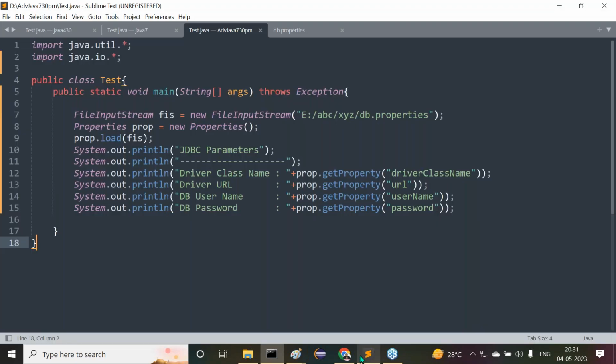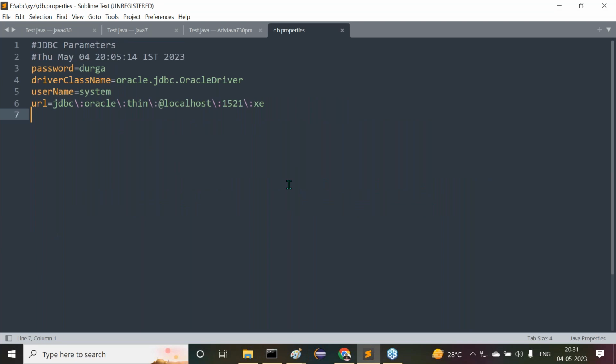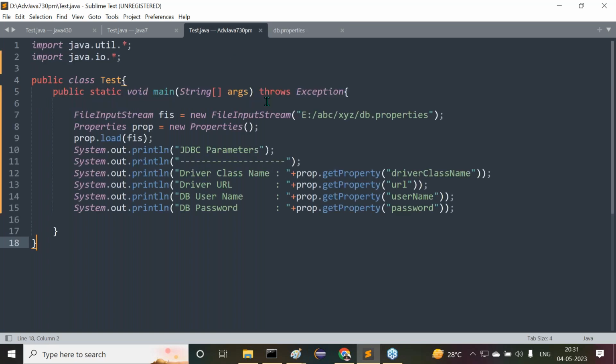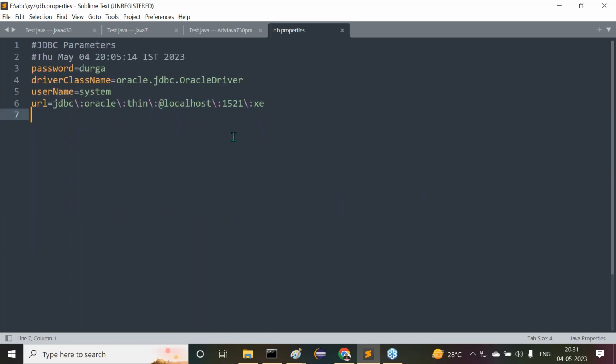I'm trying to modify my data. I want to change my database, my driver, and everything here. I should not do anything in my Java program; that program is the same. But in the properties file, I'm going to change it. The password should be root, and the driver class name is not the Oracle driver. I want to use